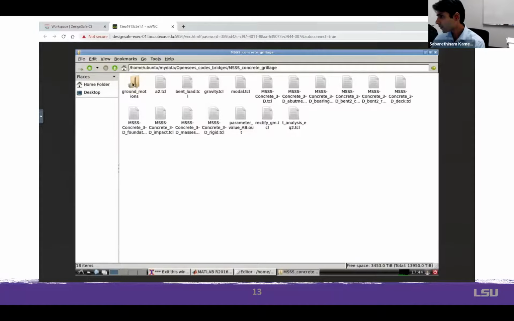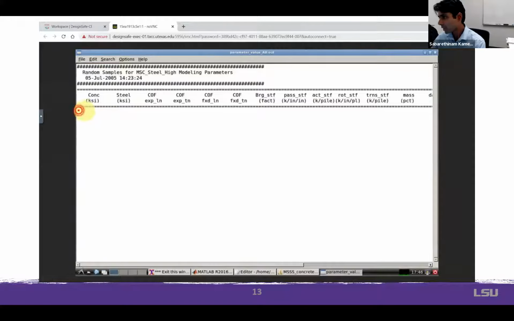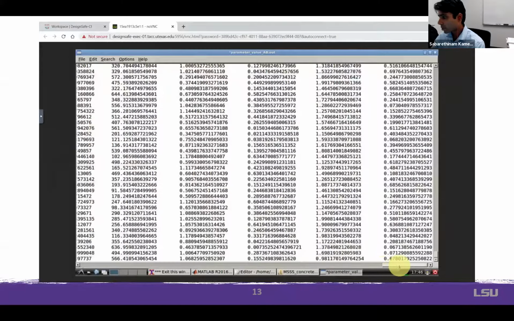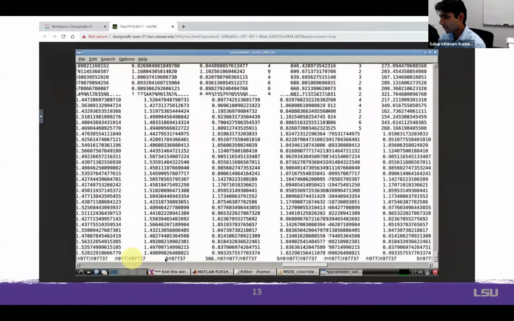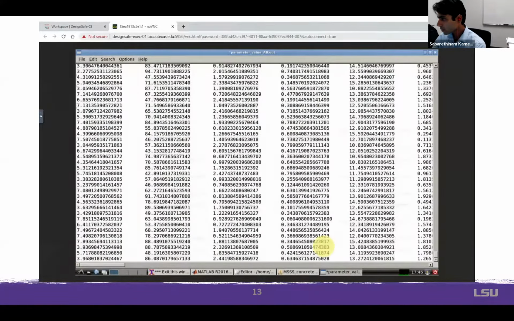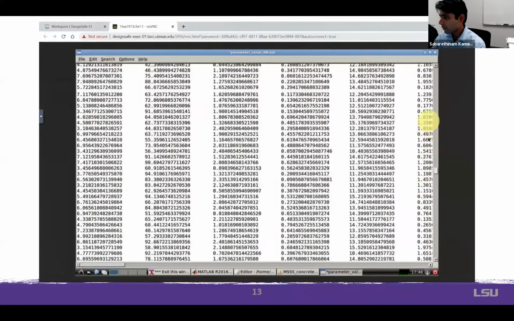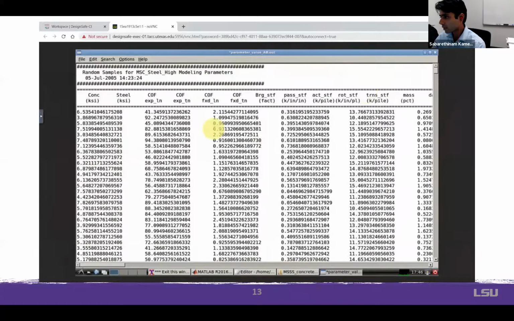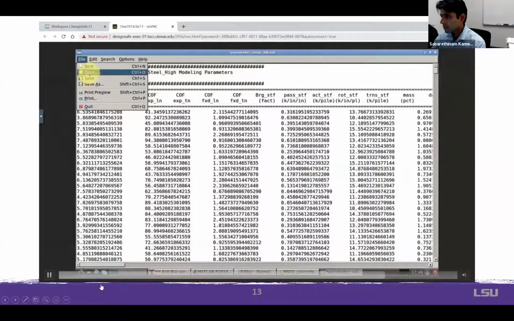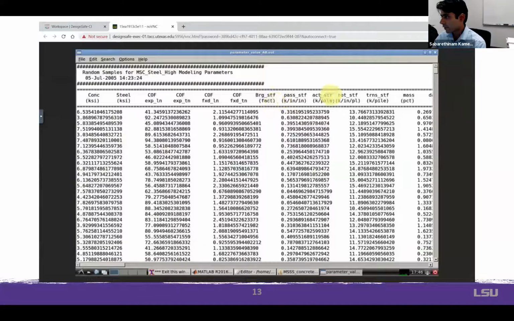So any Tcl codes that we have, we can also edit them right here, and we don't have to worry about uploading them again or having forgotten that we have to change something. So here I have an empty parameter.value file, and I'll just simply paste all the Latin hypercube samples here so that OpenSees can directly use it in the simulations. So this goes all the way up, and we can see that all of these parameters are here in our parameter.ab.file.